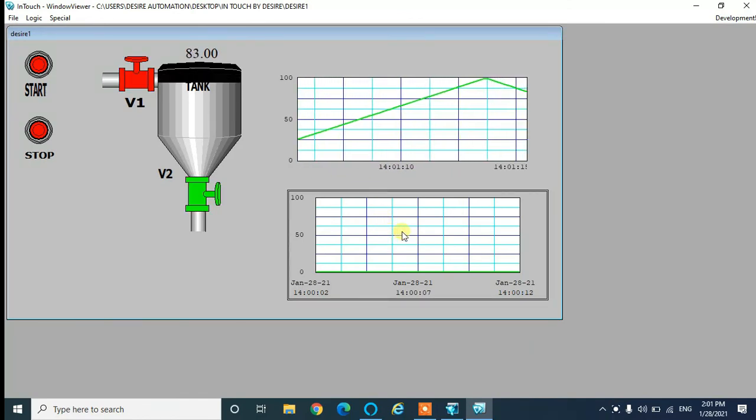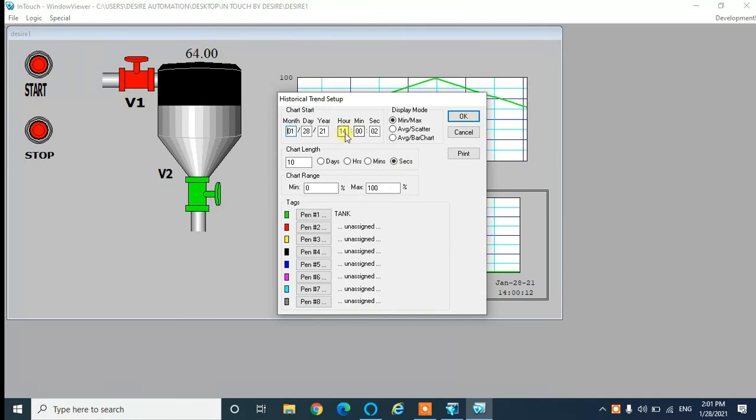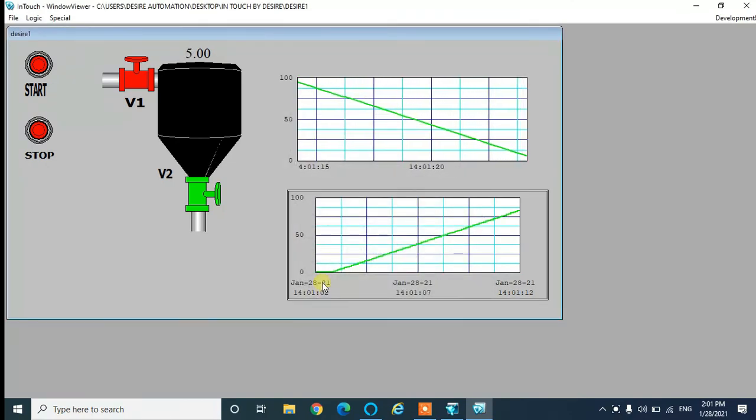Just click on historical trend, 14 hours 1 minute value we will see in historical trend. So click on OK. Here you can see on 14 hours 1 minute on January 28th, the historical value of our tank was this one. So by this way you can see the historical value or the history of your tank by using this historical trend also.